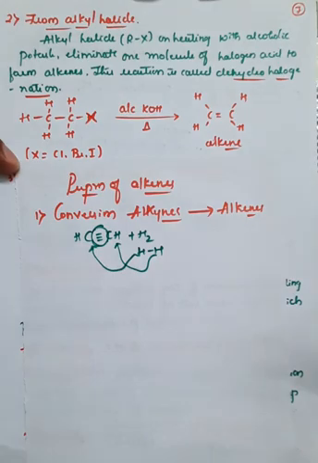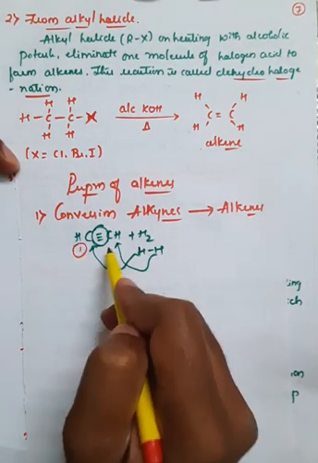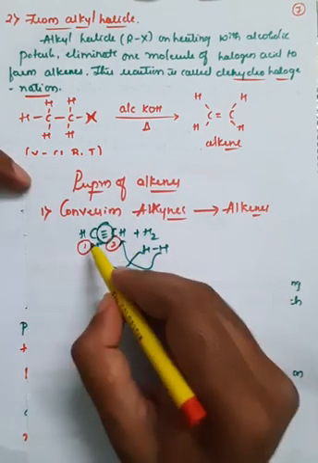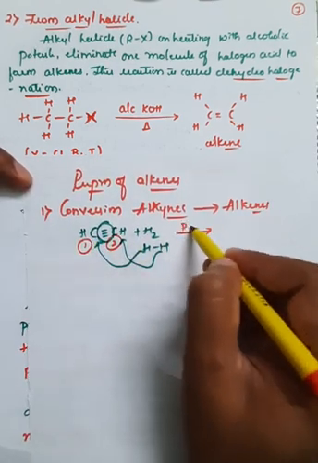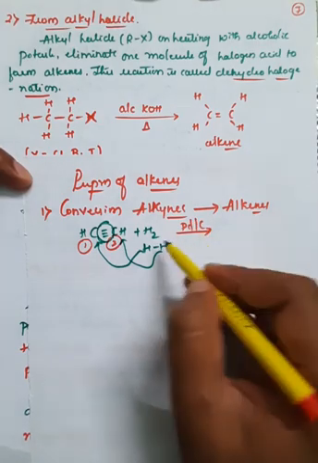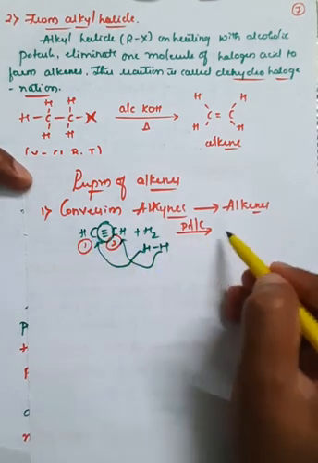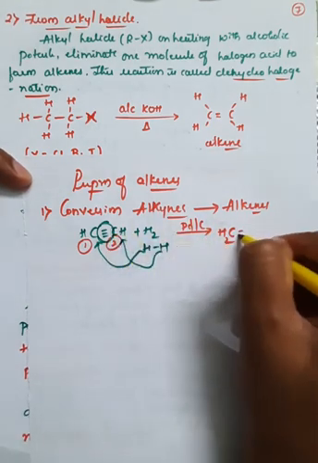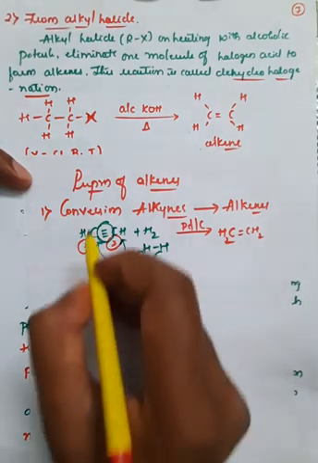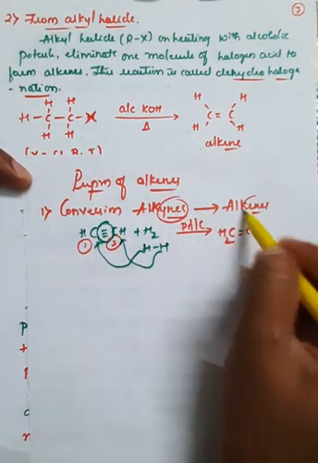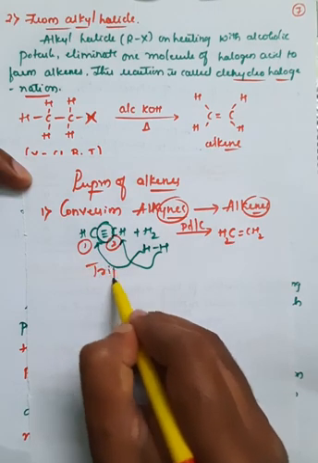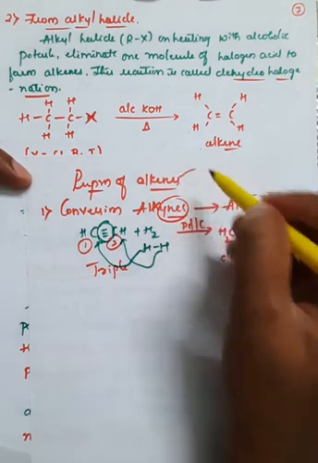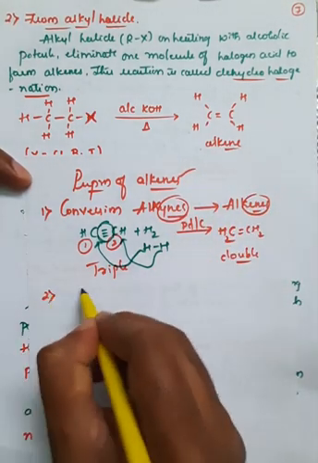This is the first carbon atom and this is the second carbon atom. In presence of H2 and palladium on carbon, this CH will convert into CH2. Since the triple bond is broken into a double bond, it will convert into CH2 and CH2, which means we have converted alkynes into alkenes, that is, the triple bond is converted into a double bond. With the help of this reaction we can prepare alkenes, that is the first reaction. The second one is from alkyl halide.